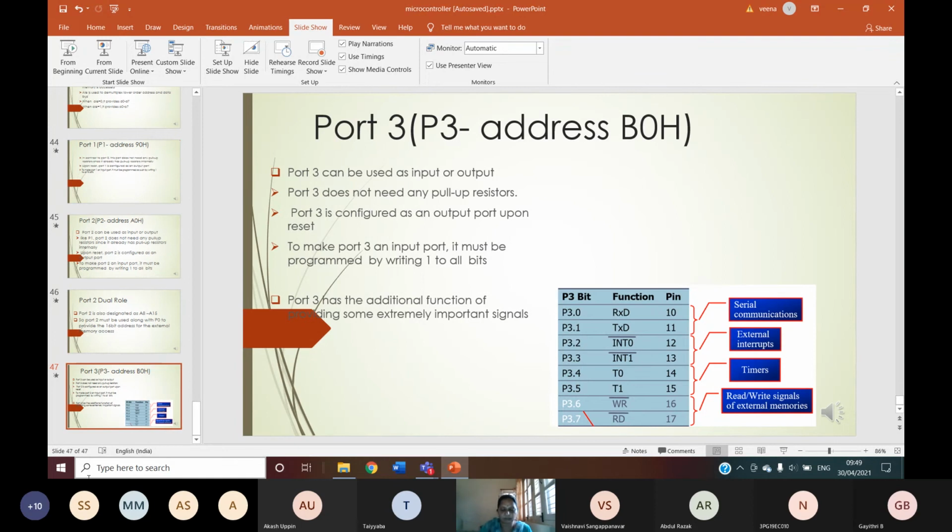So this is a brief introduction to the IO ports. In detail, you are going to study the IO ports, how they are used, and how we can program them in module 3. Module 3 is totally dedicated to IO port programming. What is the structure of the IO port? All those things we'll see in module 3. So this is just a brief idea: how many ports we have, how the ports can be configured as input or output, and what the role and functions of each port are, which we have seen now.